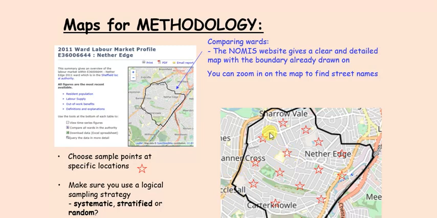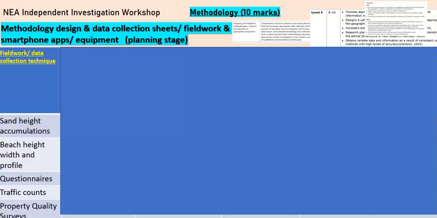And this student here has marked on their sample points, so it's pretty accurate. They know which streets they're going to before they go out. Right then, that's 12 minutes of introduction. Let's have a look at